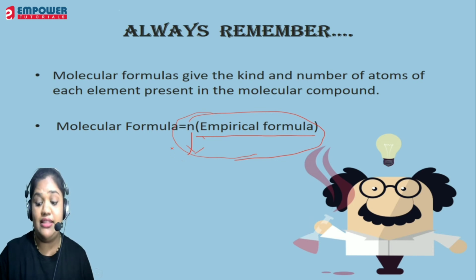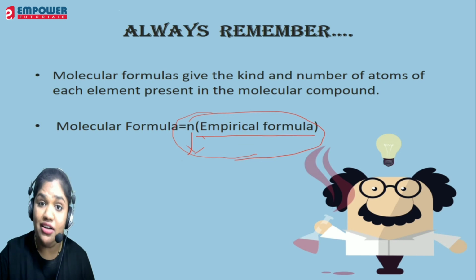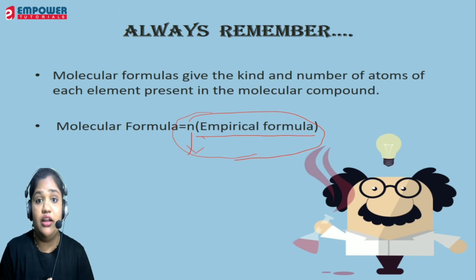You have to always remember that the molecular formula is nothing but what? It is the true formula. It is the actual number of atoms present in that particular molecule. If you want to calculate the molecular formula, what do you have to do? First of all, you have to understand what the empirical formula is, and with the help of the empirical formula, you can easily find out the molecular formula. So in today's video session, we have learned what the empirical formula is. We have taken one example for that. Then we have discussed the molecular formula with the help of one example. I hope you understand the whole concept here.